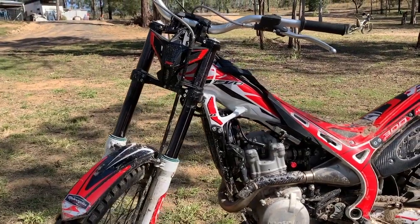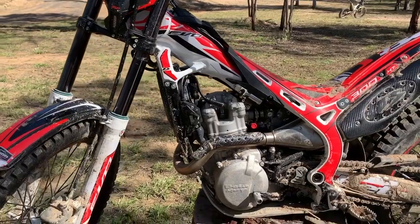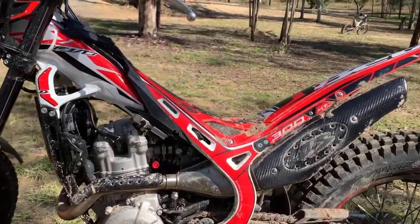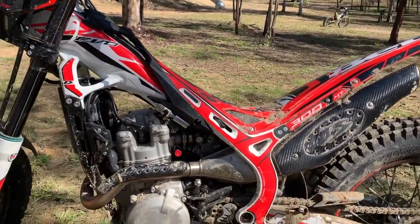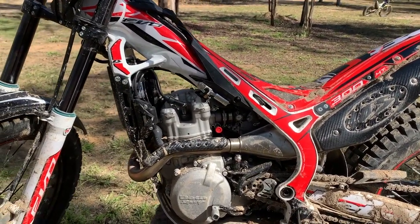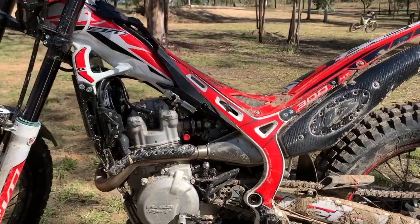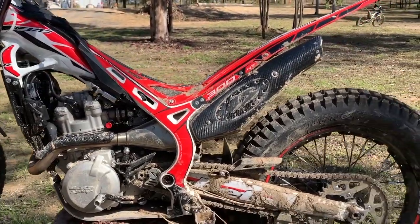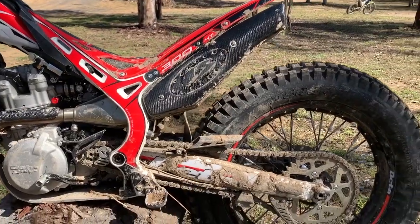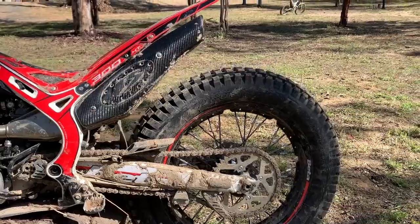So a couple of really cool bits on this. Even with this being the standard model, you get carbon fiber exhaust coverings, protectors. You've got a stainless steel exhaust system on it, which I've been told by the trials guys is really, really cool. You've got Mikuni for carburation, but you go over the whole machine, everything is high quality. Even considering this is not the racing model, it is all top-notch,